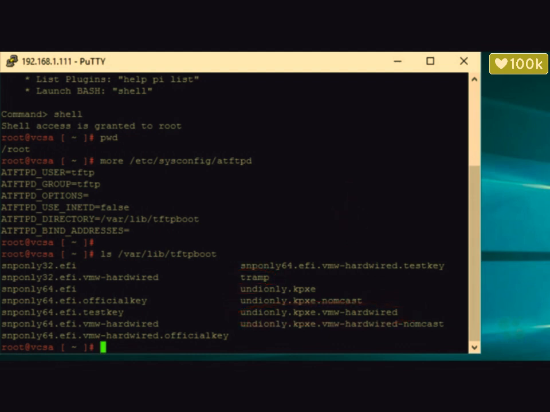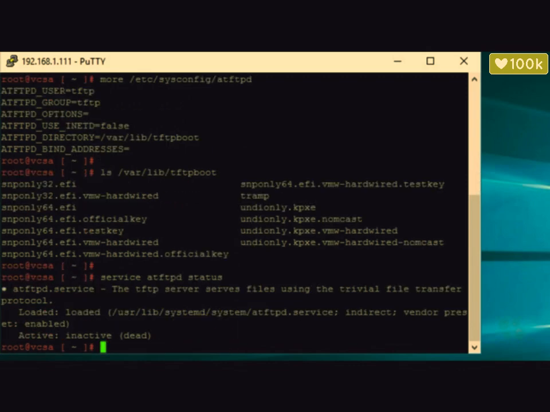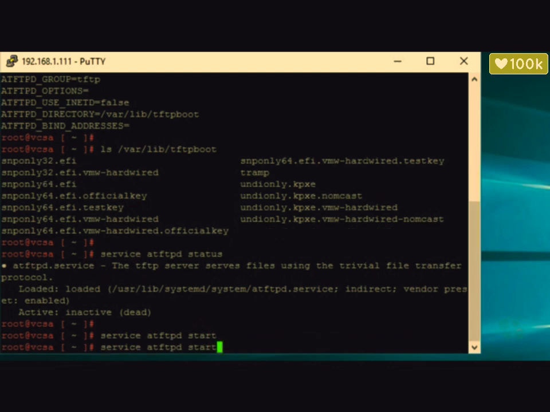There's a couple of tweaks we need to do. Number one, we need to start the TFTP daemon or service so that it can respond to TFTP requests. So we can check the status of the service with service atftpd status and press enter, and that is currently not running, so we could go ahead and start it. We use the up arrow key, and instead of the status command, we'll type in start. Press enter, and then we'll hit the up arrow key a couple times, check the status again, and that looks